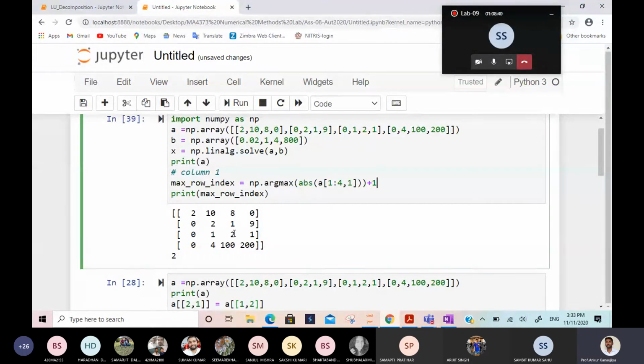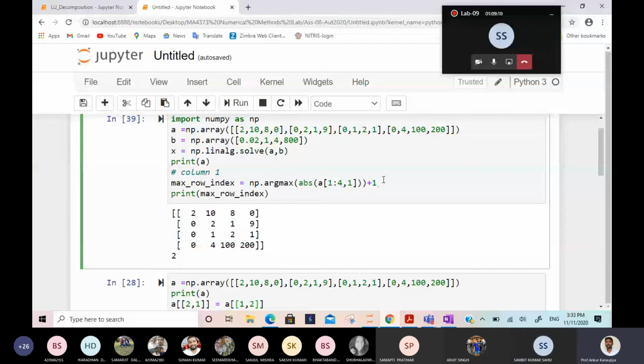If we are in this second column, then we have to add 2 because this 2 element is already gone. So whenever the maximum comes, that entry will not count this 2. That's why we have to add 2 in the second column, 3 in the third column, because whatever element you skip, that counting is missing. It will count from here 0, 1, 2. If you come here, it will count from 0, 1, 2. But we want counting from here. So that's why this 1 is added. Is that clear? Yes, sir. Clear, sir.